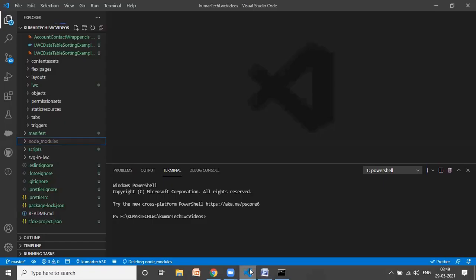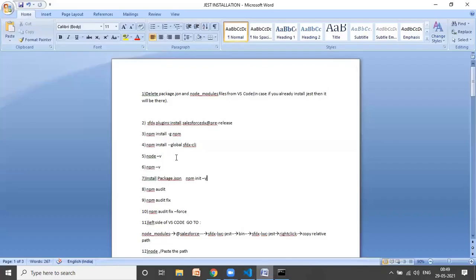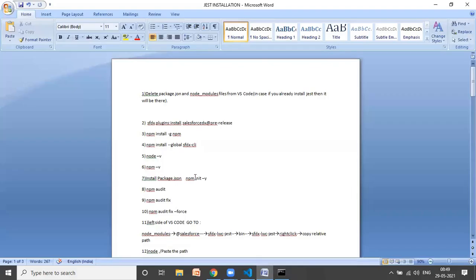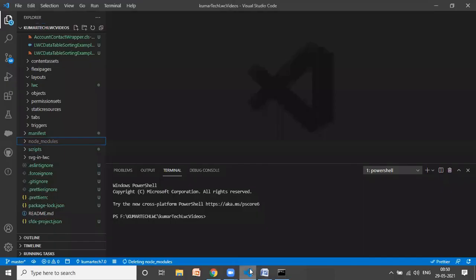So now basically from my VS Code, these two folders were removed first, then I enter the commands. Now which general command do I have to enter for this? So guys, first I will give you an oral explanation: the install package.json, npm init -y. This is the one through which it will get reinstalled, or I can say, a fresh package will be installed in your system. Okay. So let me check if it's done.